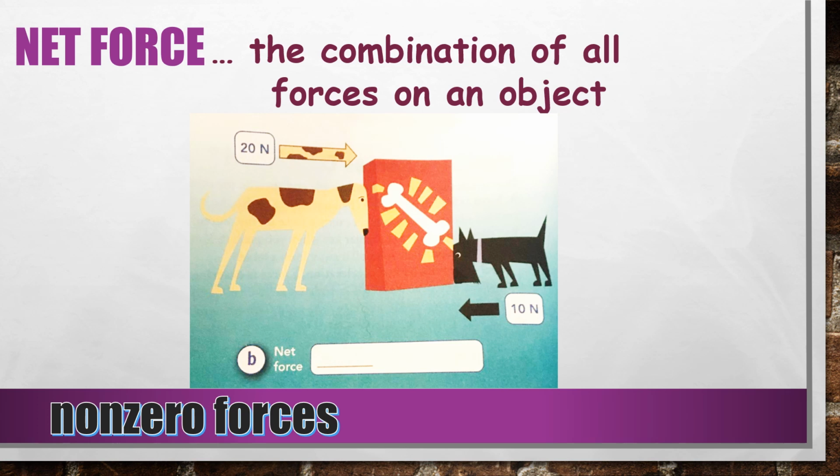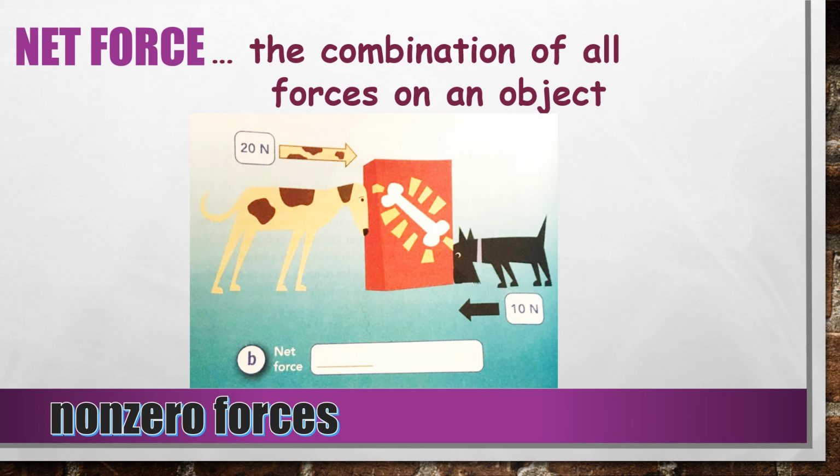Look at your next picture in your book. Now we've got the same two dogs pushing with maybe different amounts here and there, but they're going in opposite directions. Right? So if a net force is combining the forces given on an object, then it should make sense if we step back and think logically what's going to happen to that box, since the force is greater on top because it's a taller dog.